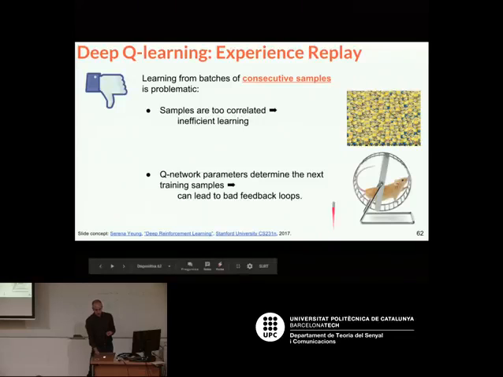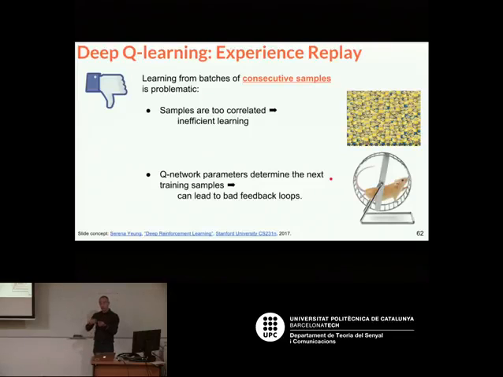And also, the next samples, so the next observations of state and action that you show to the network, are conditioned on your previous actions. It may happen that your network has a bias to always move the joystick to the right. Then if in the past you moved the joystick to the right, in the future it might have the bias to move it there, and in the end you will not have samples of what happens if you move the joystick to the left, which might also be useful because maybe then you learn a better policy. So it's important